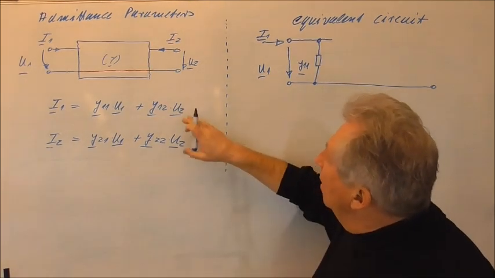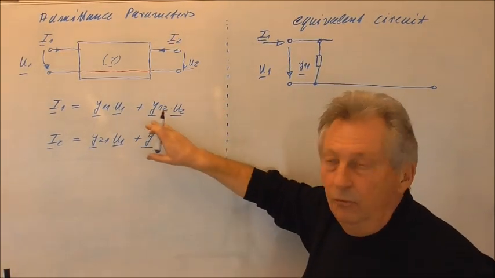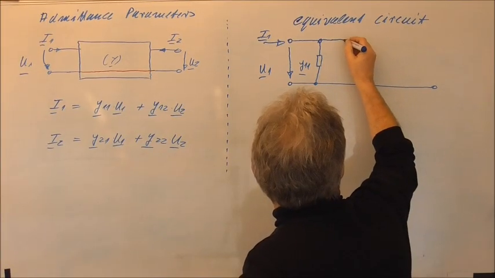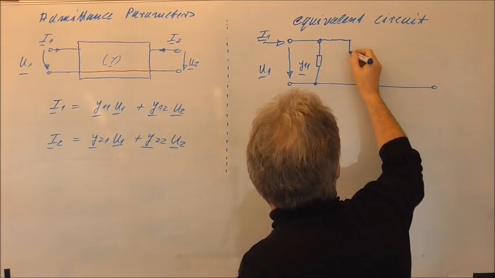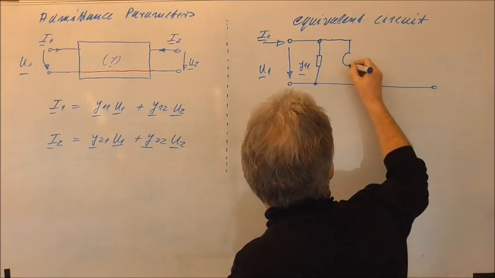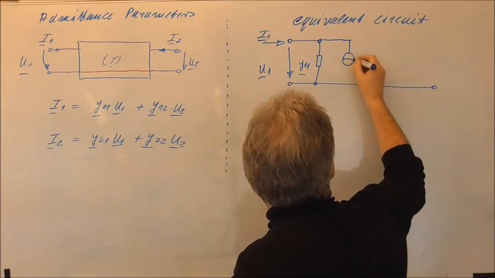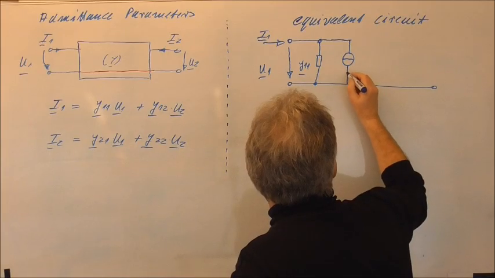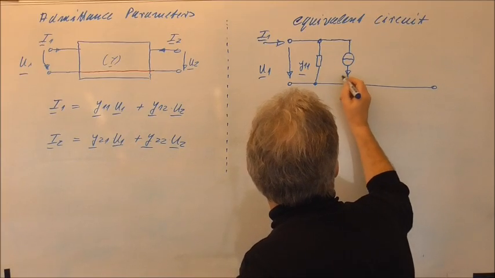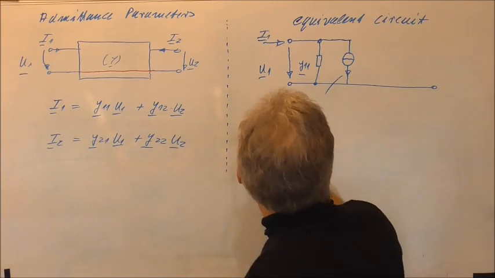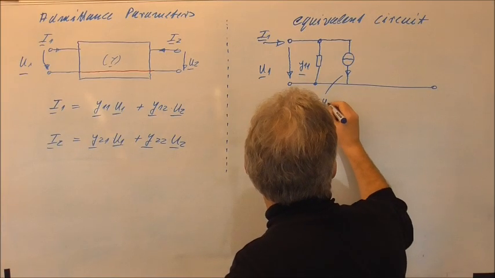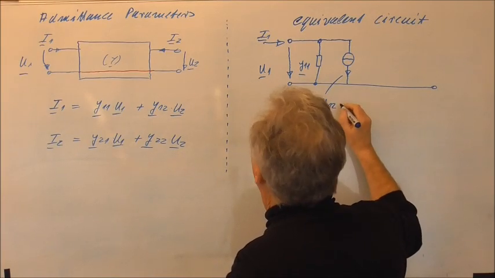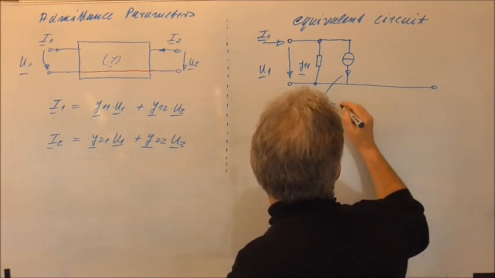To describe the influence of the output voltage, we can introduce here a so-called voltage controlled current source, and this voltage controlled current source will now draw the current Y12 times U2,